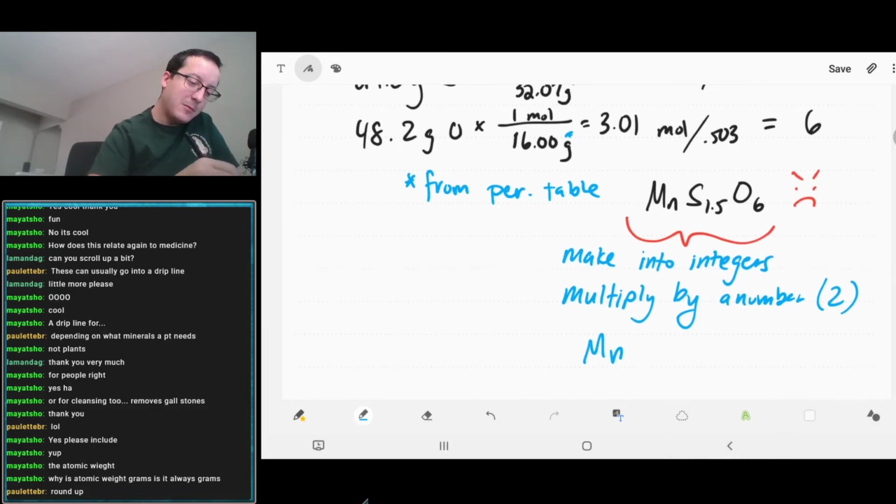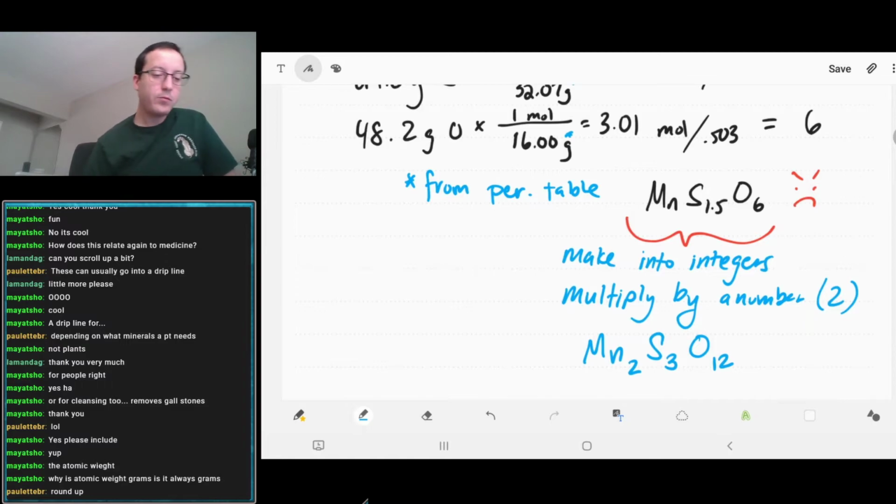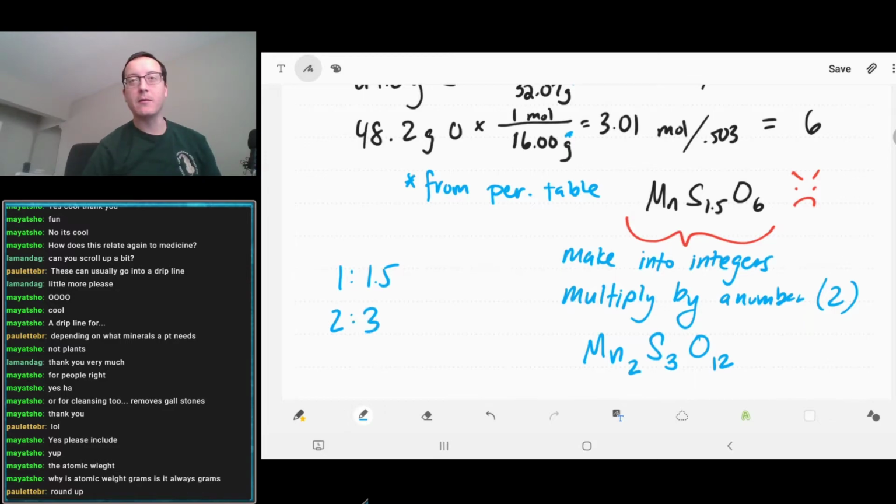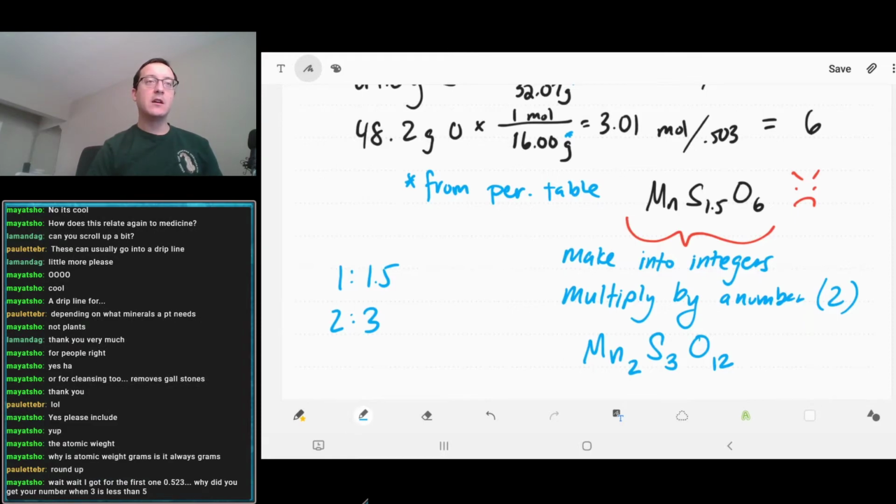And so we see that a number was 1.5, right? The ratio of 1 to 1.5 is the same thing as a ratio of 2 to 3, right? It's the same numbers ratio-wise, but whenever we're dealing with a formula, we always want to have integers. So if we see that from our ratio we end up with a decimal number, instead of rounding,